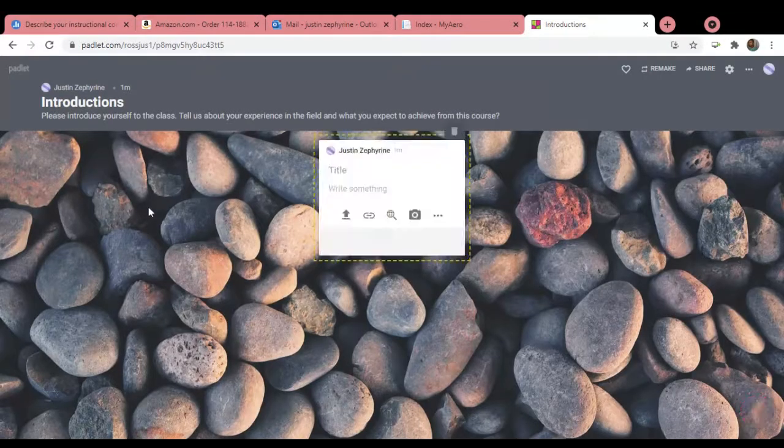Yes, thanks, Justin. Now you would notice as you're posting, it's not just text, you can add different forms of media to your post. When you double click anywhere on the wall, you would see that you could easily post a document, a web link. You could also do a Google search of some sort, and then you could take a picture. Now that's just some. You could do a couple other things.